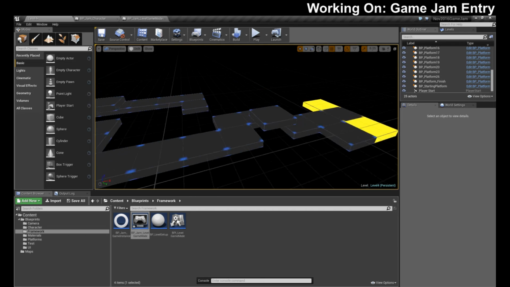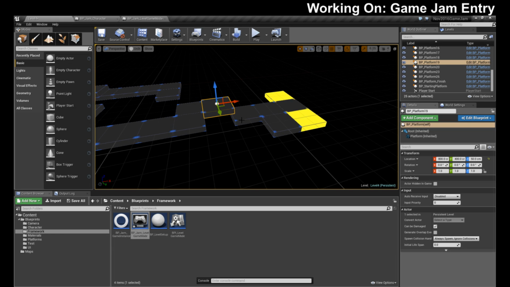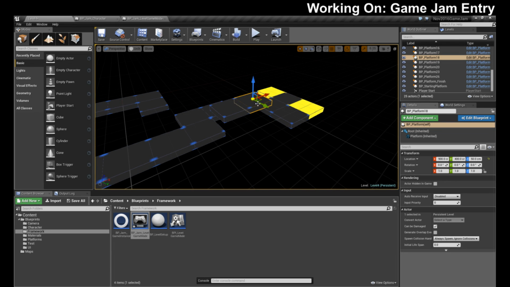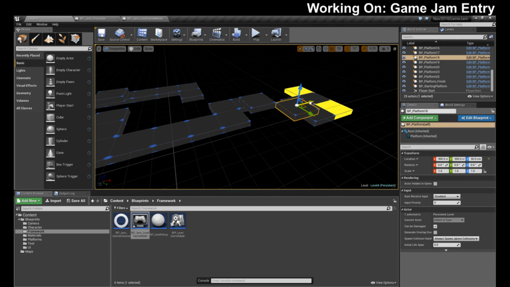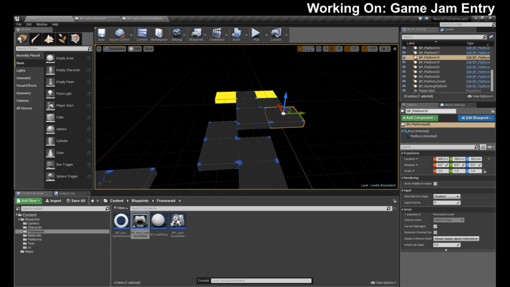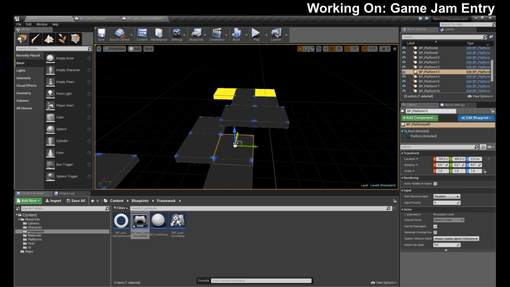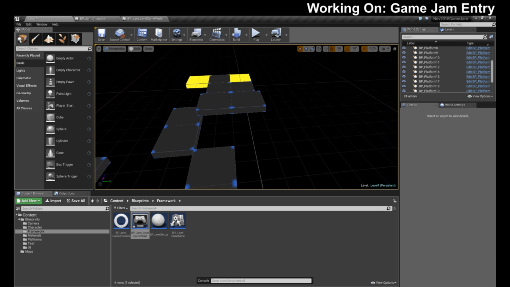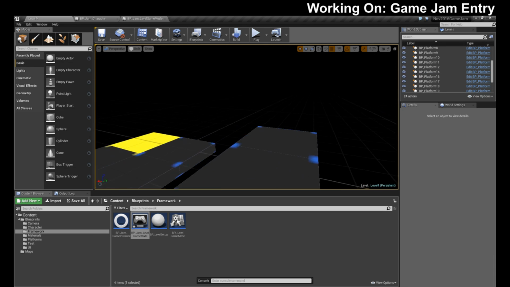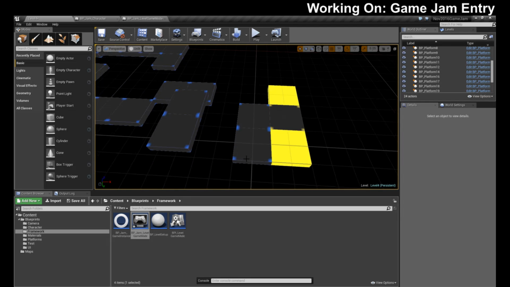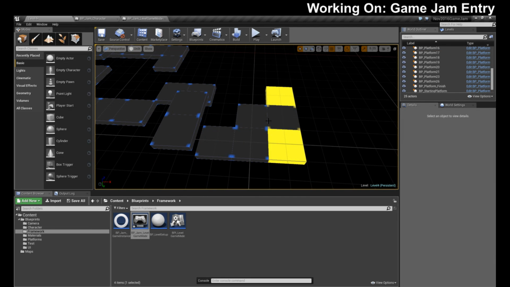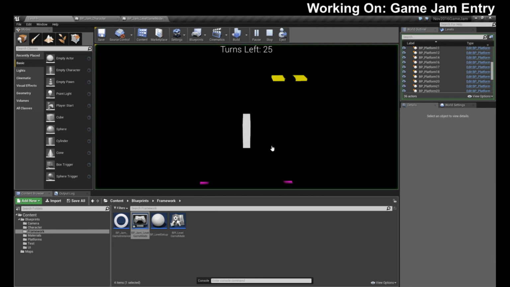Yeah, which means we need to... that one, go diagonal, go there, drop one right here. There we go. Let's try that. Go up, go over, go forward, diagonal, over.